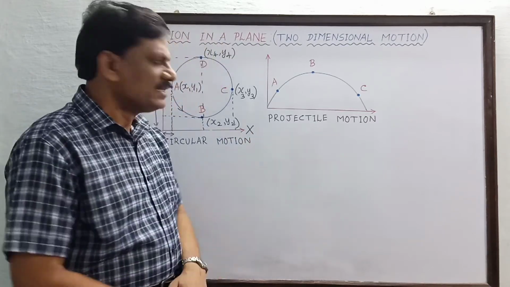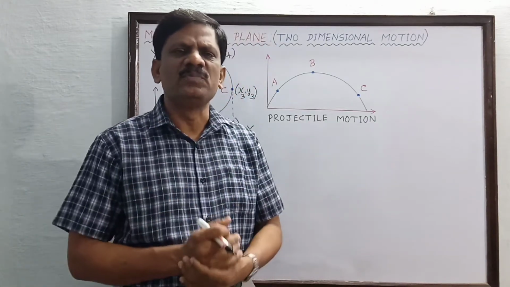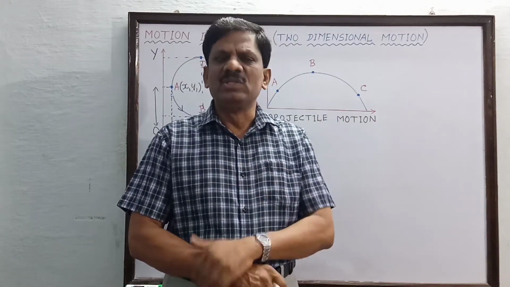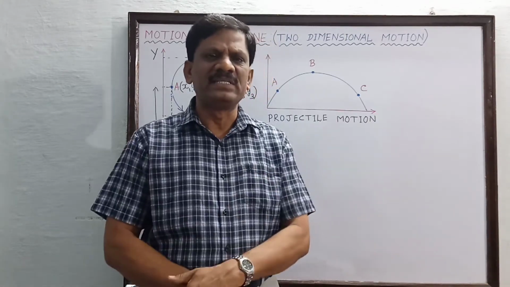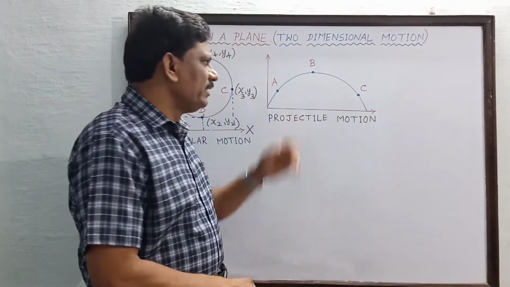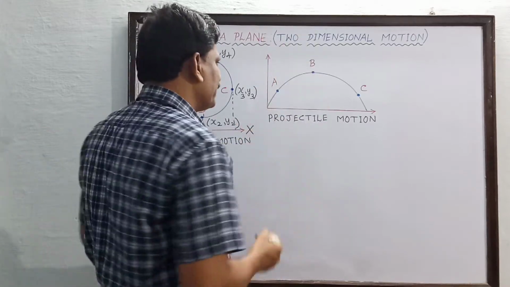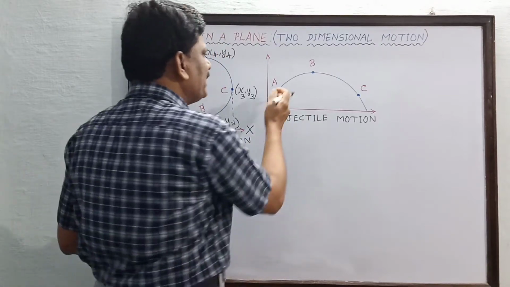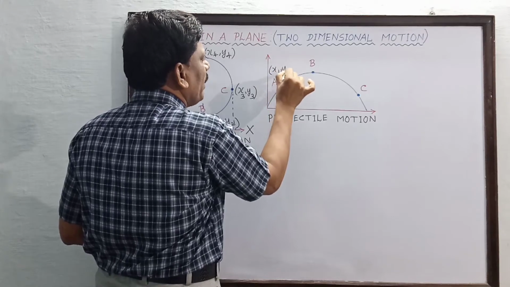Okay, now come to the second example, namely the projectile motion. Now there are so many sports events based on this projectile motion. The javelin throw, shot put throw, discus throw. We must have seen them in the recent Tokyo Olympics. In all these events, say for example, a shot put is thrown with some initial velocity, so that its position is A at some instant of time, and its coordinate is x1 comma y1.